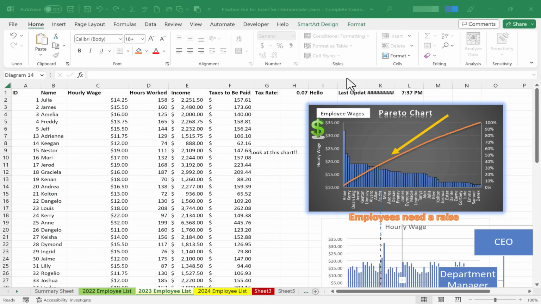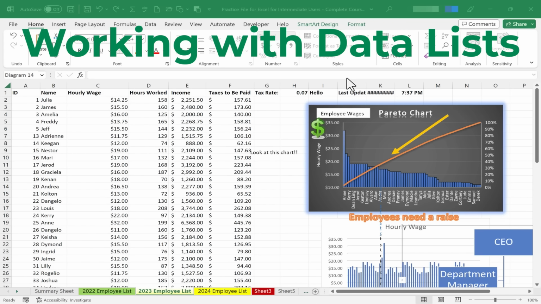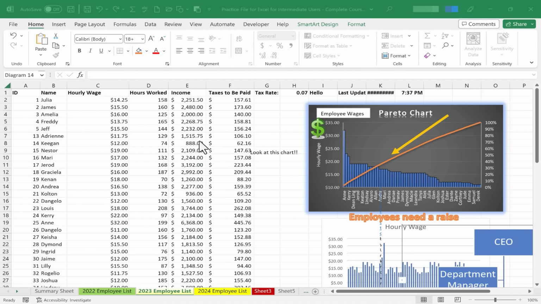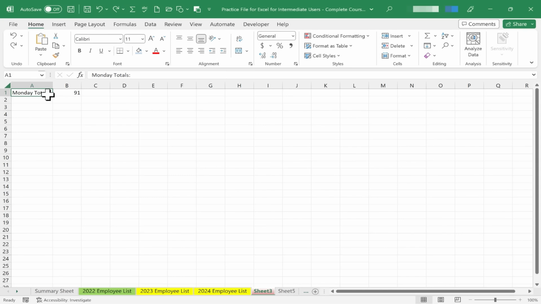In this section of Excel for Intermediate Users, the complete course, we are going to learn more skills related to working with data lists in Excel. In the Excel for Beginners complete course, I showed how to create a list of data by clicking on a cell and simply typing. You can then tap the Tab key to move to the right and type again, tab